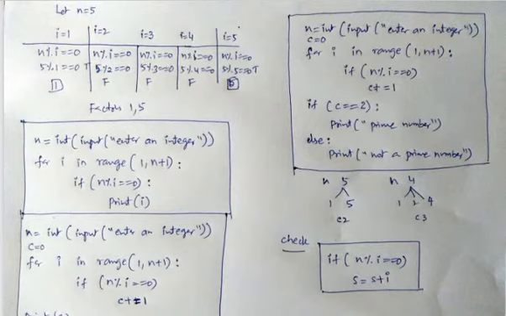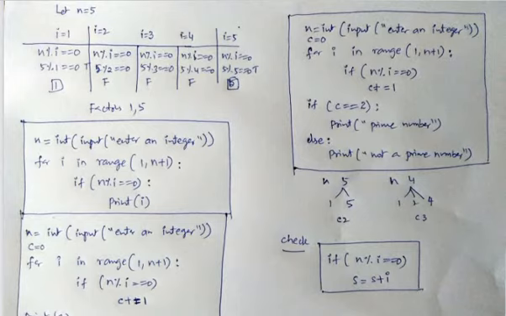You make a small change. If n mod i equal to 0, s is equal to s plus i, and check it out. You change the program number 2, you make a small change. Again, you observe the colon is missing for if there. You need to put colon after if condition. Instead of c plus equal to 1 in program number 2, you replace it by s is equal to s plus i, and check out what happens. You get sum of factors of any number.